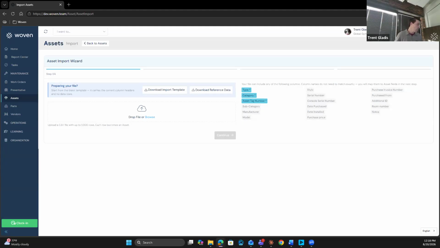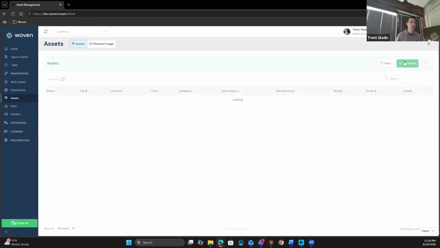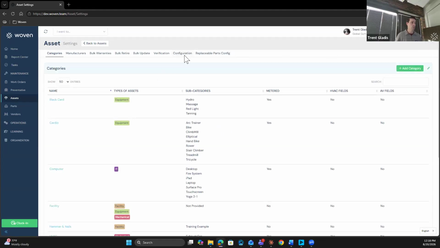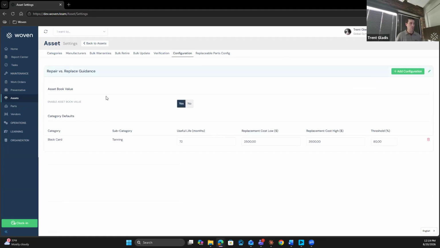All right, scrolling through my notes, I think we're doing a pretty good job of covering most of these things. I think there's really one more major thing to cover, which is under assets. So we're going to go to assets here. We're going to go to settings. We're going to go to the configuration tab. And there's this new area here for asset book value. Again, this is off by default, but you can see an example here where I set this up for Black